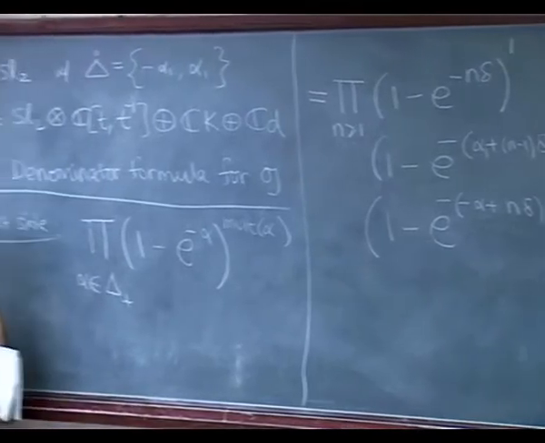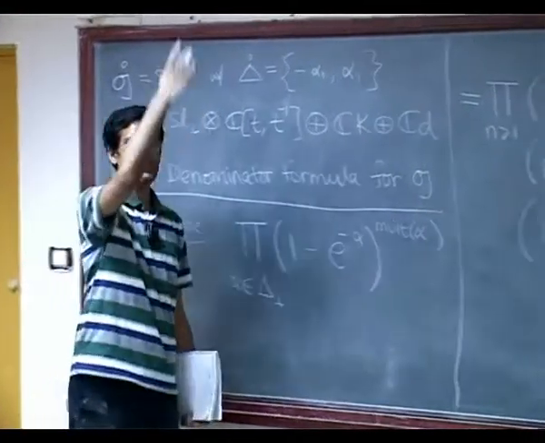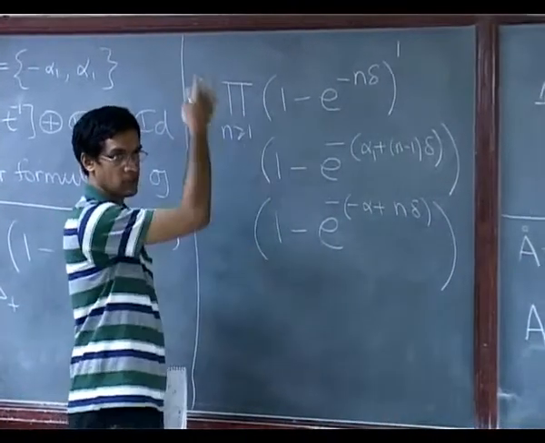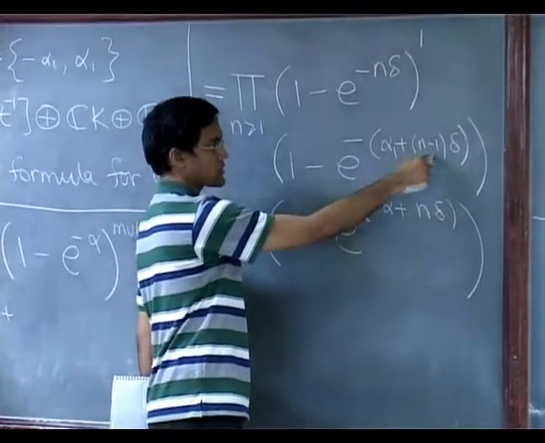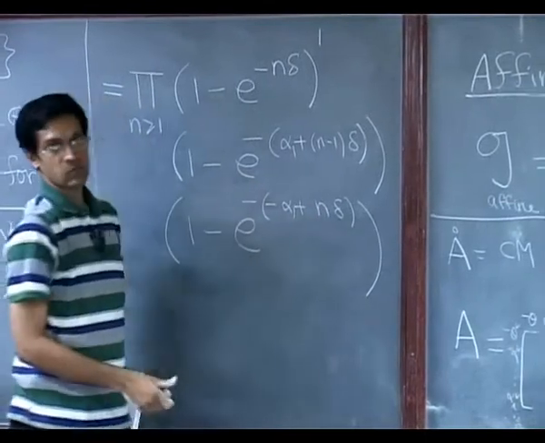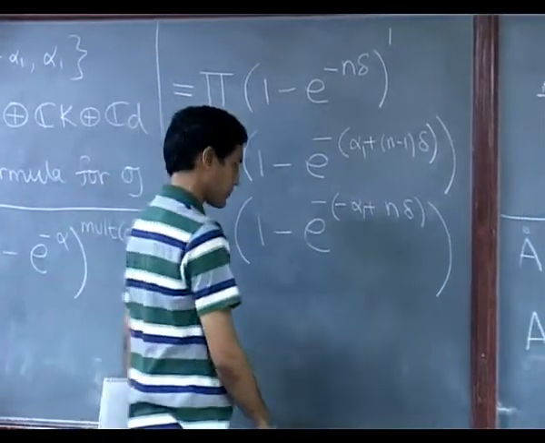Okay, so this is the product side of the identity. I have lined up all three types of roots: the imaginary ones, the ones which lie above the alpha 1, and the ones which lie above the minus alpha 1. But there is this slight change. The ones above alpha 1 start at 0. The ones which lie above minus alpha 1 will only start with n equals 1, because of the way the positive roots and the negative roots were split.